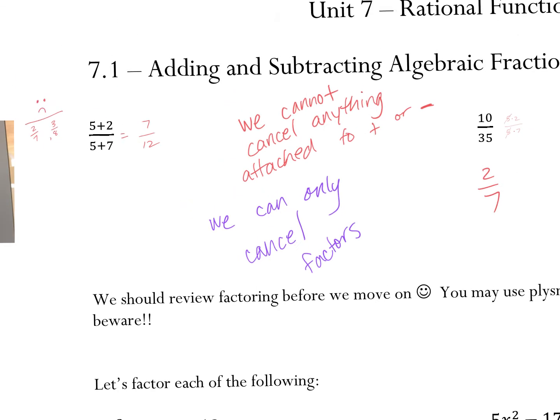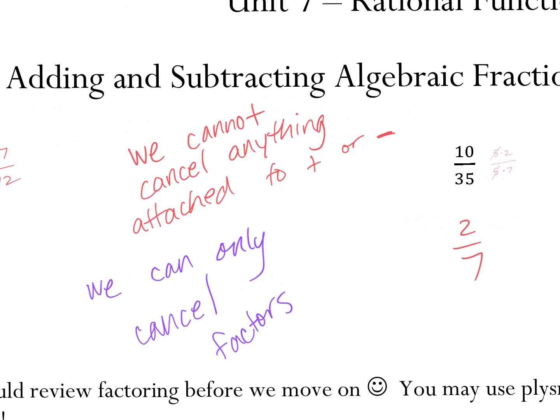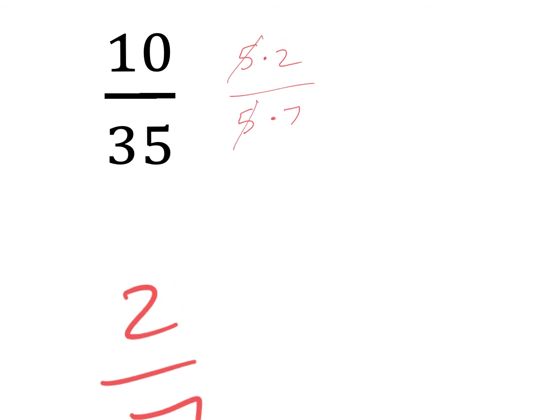Okay, here we go. Those of you at home, number one, the wrong answers to (5+2)/(5+7) come from people trying to cancel the 5s, saying they cancel out to a 1. That's how we got these bad answers of 2/7 and 3/8. But we already know that what we really ought to do is add those together first. Whereas when I look at 10/35,